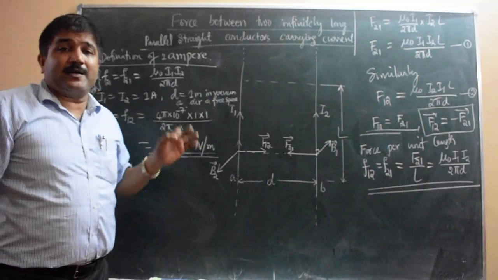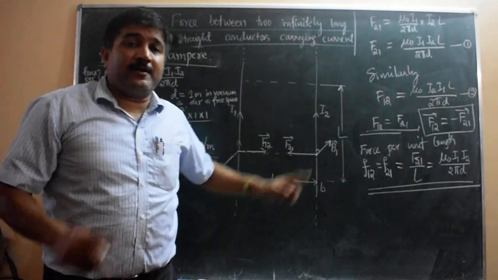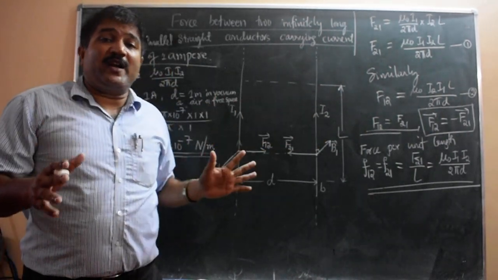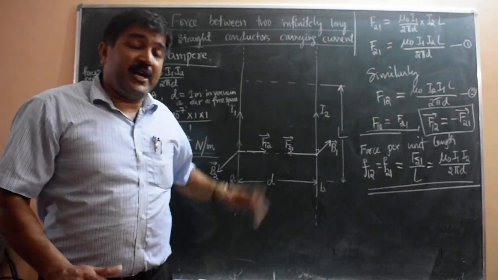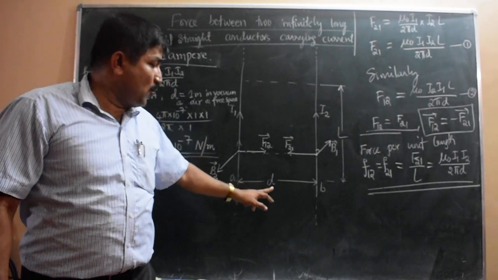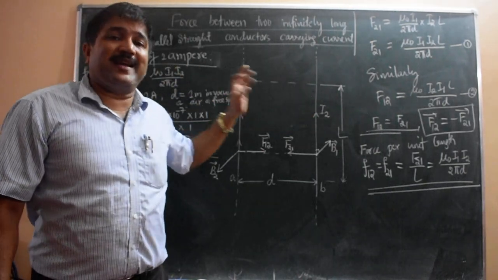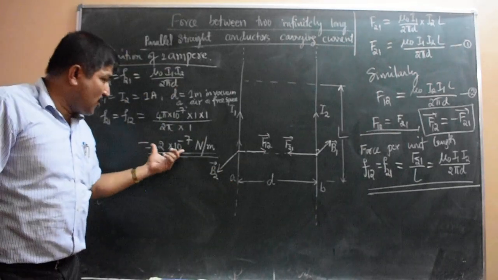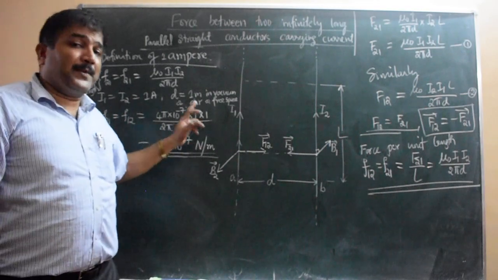So 1 ampere is that steady current maintained in two straight infinitely long parallel conductors, separated by a distance of 1 meter in vacuum, having negligible thickness or negligible cross-sectional area, would produce a force of 2 into 10 power minus 7 Newton per